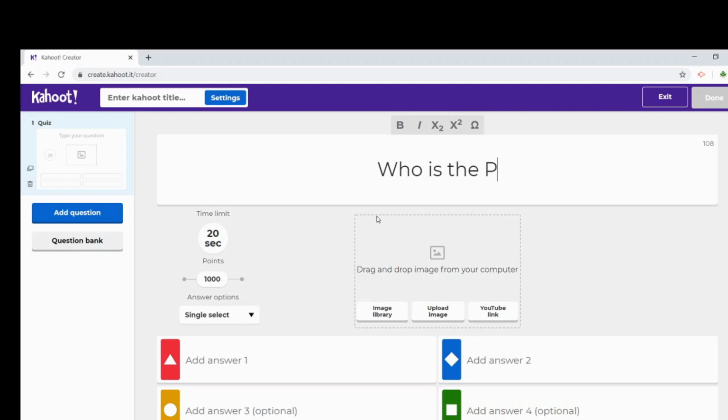Who is the prime minister of India? This is, suppose, the question. Then here you can also add an image. If you want to create the quiz on the basis of an image, you can upload the image.